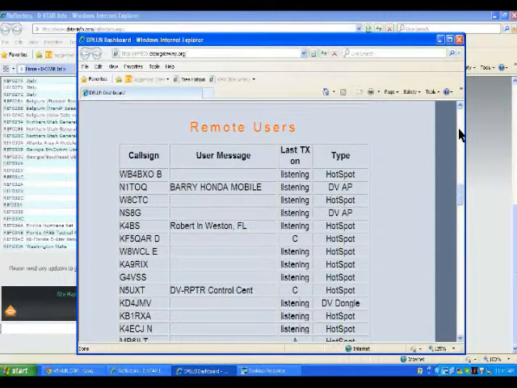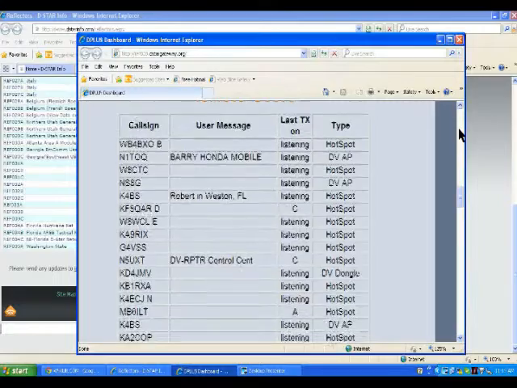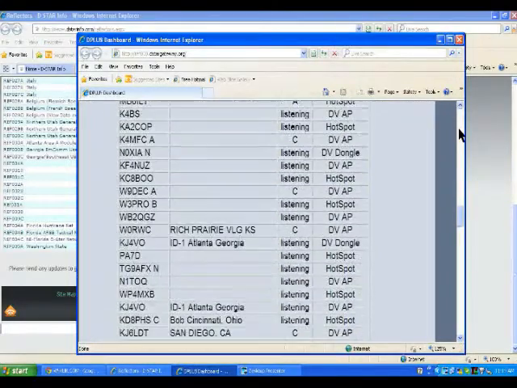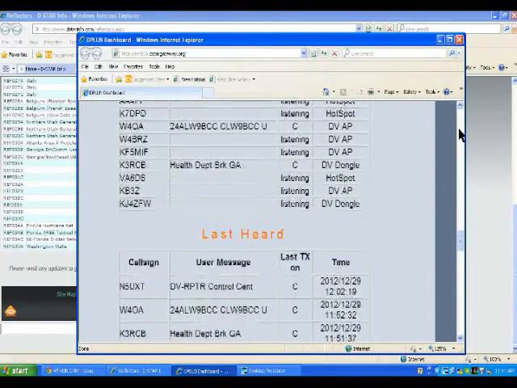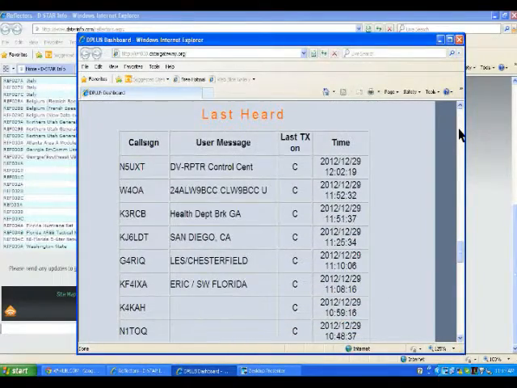These are people that are connected with hotspots, DV access points, or DV dongles directly to a reflector. And then you have a last heard list. So of the people that are connected to a reflector, you'll see their call signs. Also, you can look at a particular repeater itself by substituting, instead of the REF and 3 digits, the call